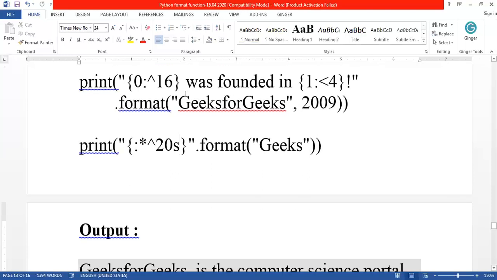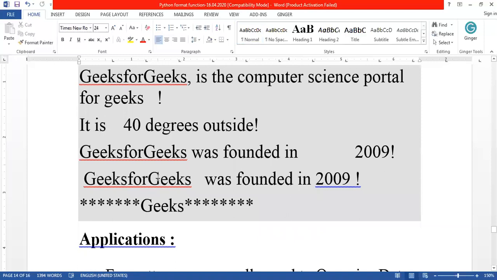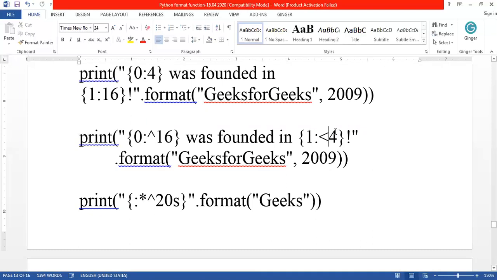So before the last one, this text is aligned in the center part, and this 2009 is aligned on the left hand side, not on the right hand side. Always the numbers are right aligned, but here I want to make it left aligned. Normally the strings are left aligned, but I want to make it center here. Got it? So here center, and here the number is left aligned.